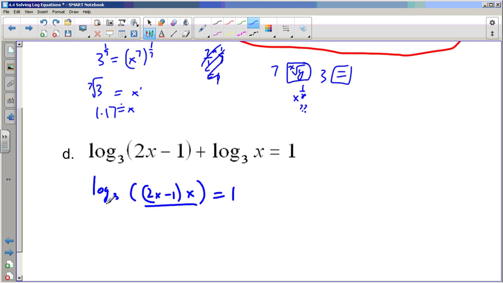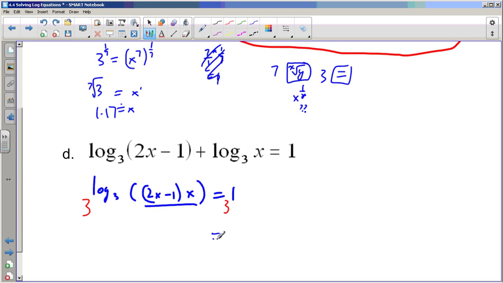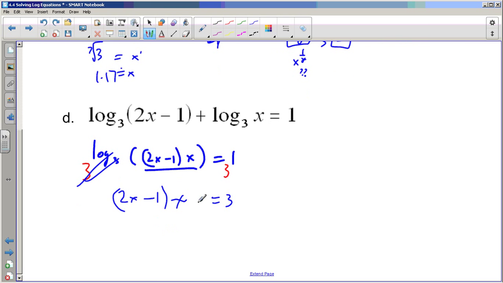And then how do I get rid of the log base 3? Well, it's exponential function base 3 of both sides. Exponential function base 3 of both sides. And I'm not scared that this isn't a log on this side, because that's just going to be 3, right? That's just 3 to the exponent 1 is just 3. This cancels out, and I'm left with something strange. Something strange is afoot in question D here. How do I solve this? Well,